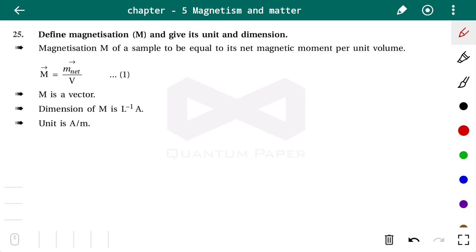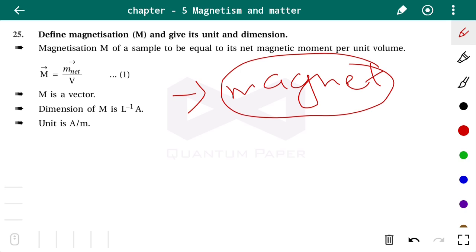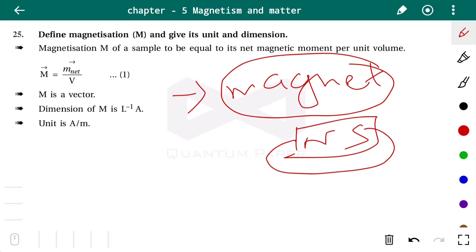So the magnetic moment is created due to the electric current that is produced. Now we know two things: how a magnetic field is produced. Magnetic field is produced when we place a magnet, and the magnetic field lines are generated around it. Suppose we take a bar magnet with north and south pole, then the magnetic field lines are generated like this.